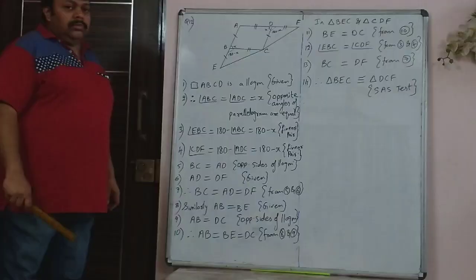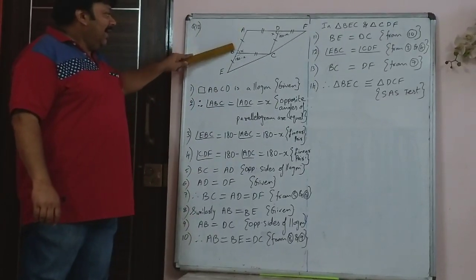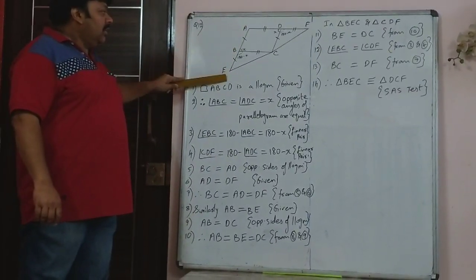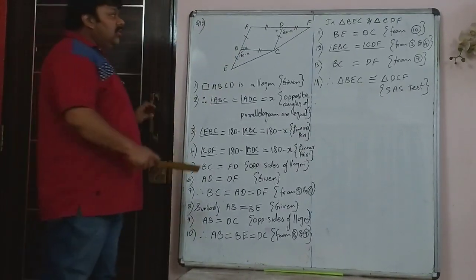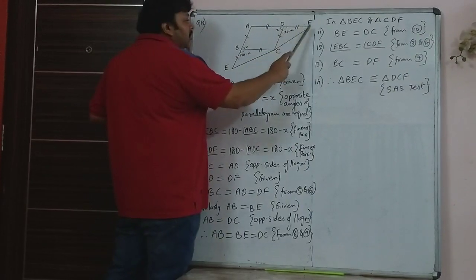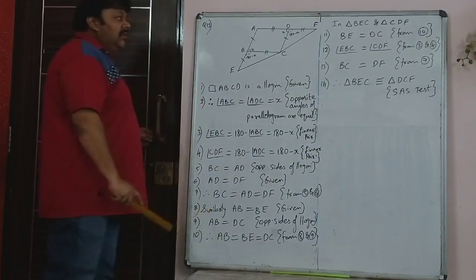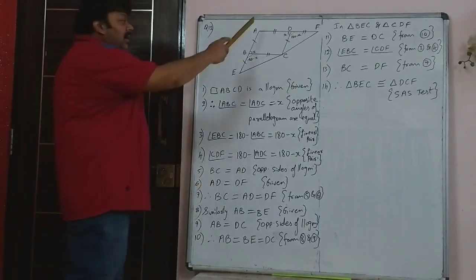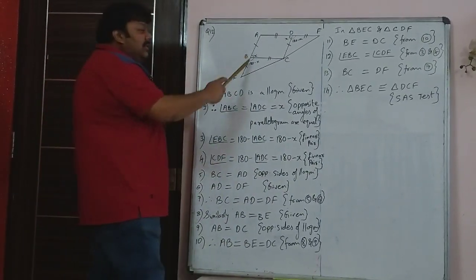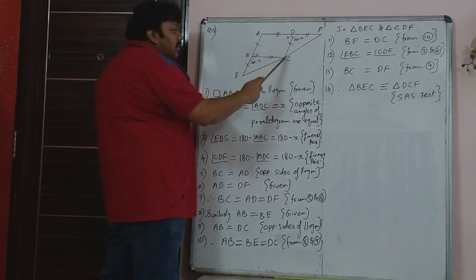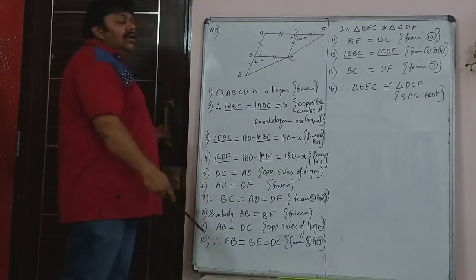We will continue with the next one. So now in question number 12, you are given that AB is produced to E, such that AB is equal to BE. It is also given that AD is produced to F, such that AD is equal to DF. So that is already given, and you are given ABCD is a parallelogram. So now you need to prove that these two triangles, that is BCE and DCF, are congruent.